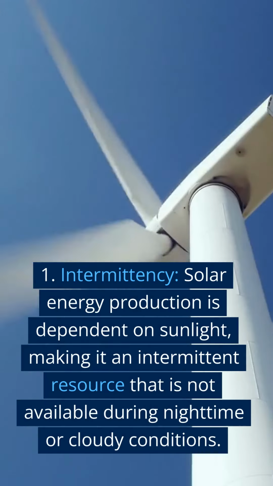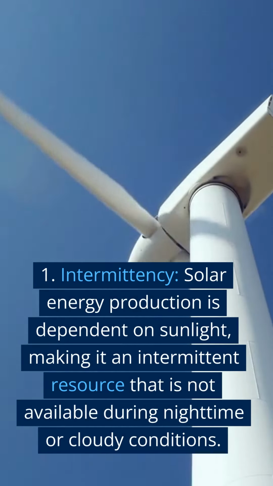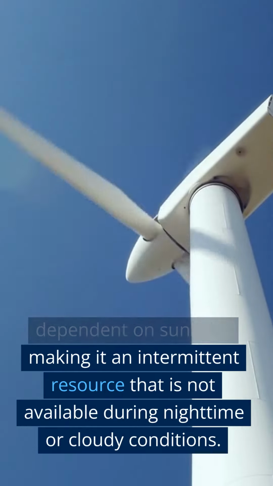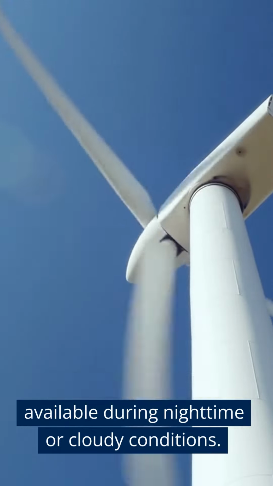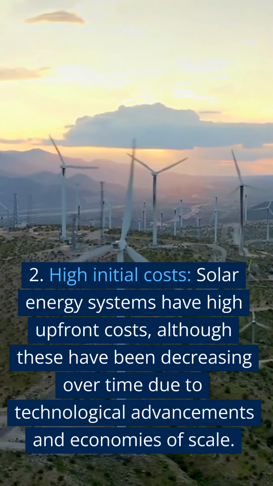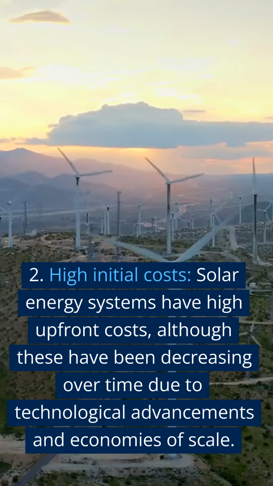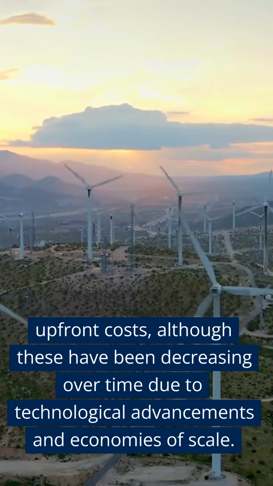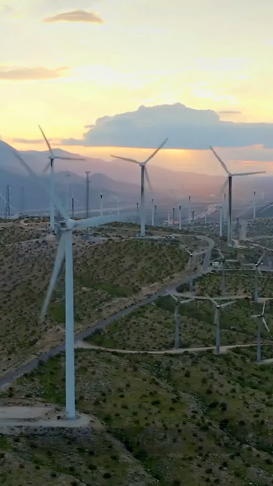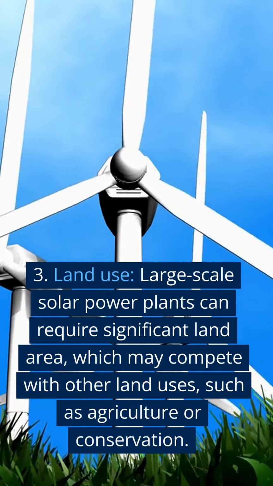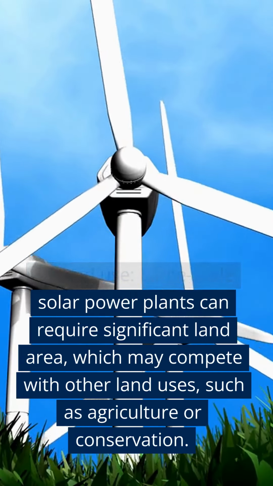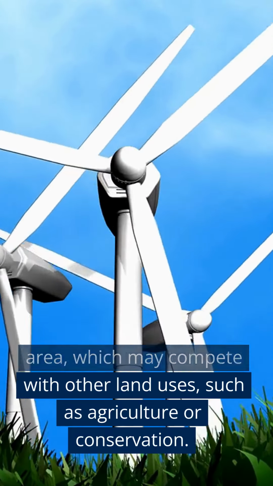Cons. 1. Intermittency. Solar energy production is dependent on sunlight, making it an intermittent resource that is not available during nighttime or cloudy conditions. 2. High initial costs. Solar energy systems have high upfront costs, although these have been decreasing over time due to technological advancements and economies of scale. 3. Land use. Large-scale solar power plants can require significant land area, which may compete with other land uses, such